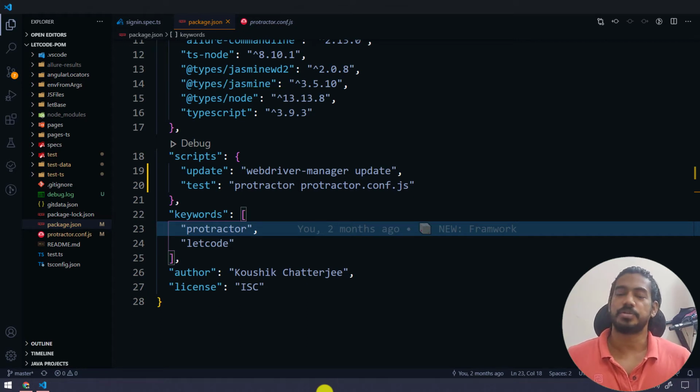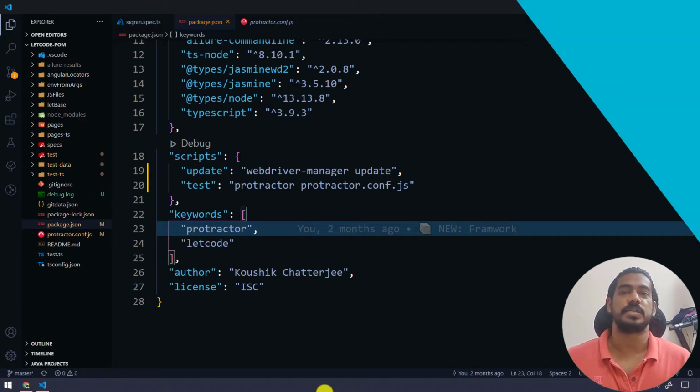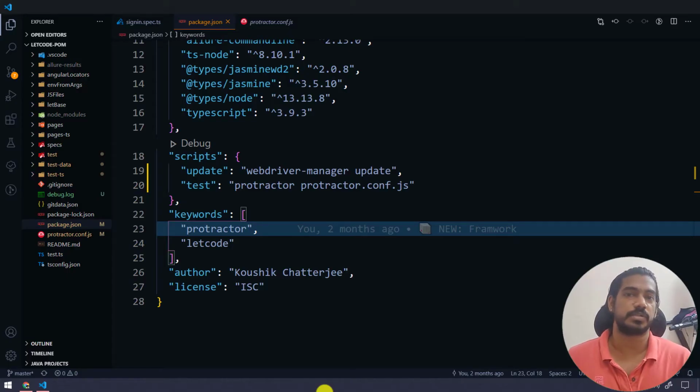In this video, we are going to use the post test command to generate the Allure report. So far, we are running our test script with the help of Protractor and the Protractor conf file, and that's going to bring up the Allure report, but still we have to open that manually with the help of command prompt, saying Allure serve, and that's going to bring the reports in our browser. So for that, of course, we need to do the manual interactions, but we are going to avoid that.